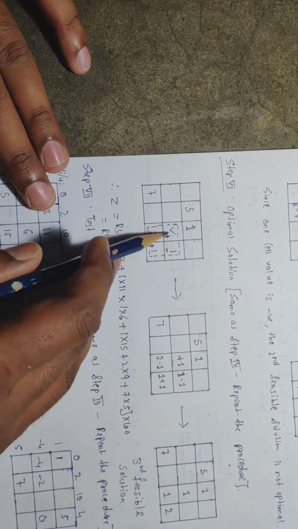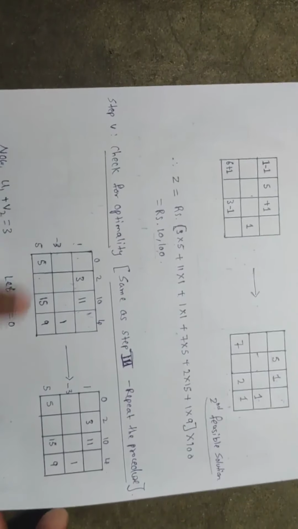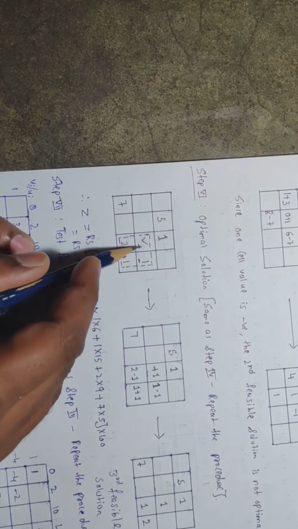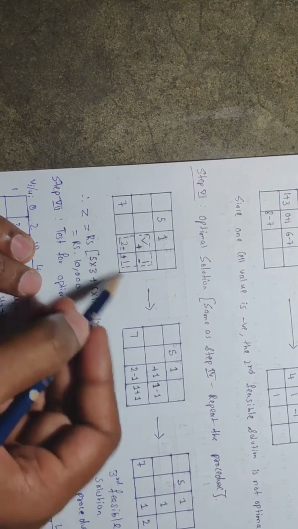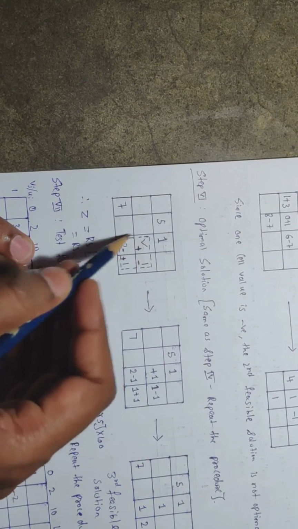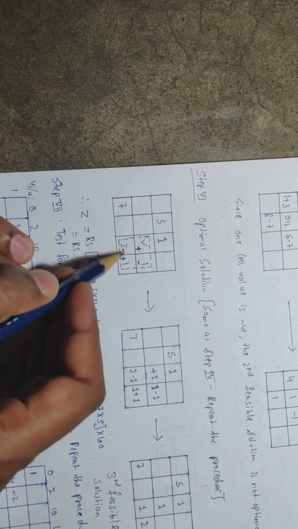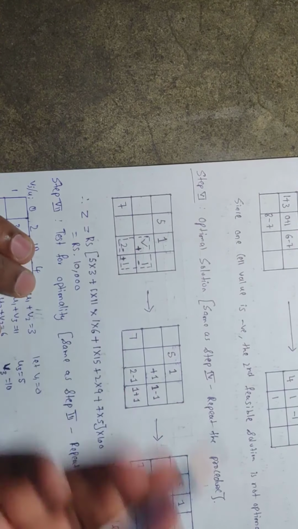Now once I made a tick mark, so I made allocations here 5, 1, 7, 2 in the previous table that you have taken from here. You can check what allocations you have got here, 5, 1, 7, 2, 1 and all. These allocations I am going to take, and I'm going to put a plus sign for the identified cell, and you can go for the next corner. You can see this is becoming a closed loop here, right? So plus minus plus minus, and which one is the lowest among these? 1. So add it and subtract it.